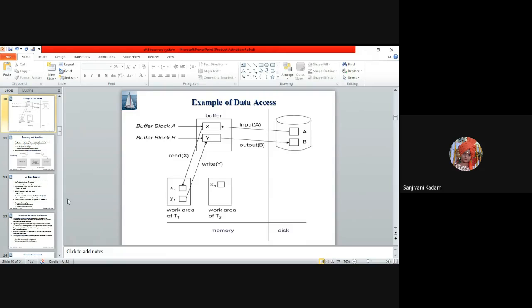So we are starting our class after almost 3 to 4 weeks. So let us revise what we have studied. Right now we are in the last chapter of the syllabus, that is the recovery system. Previously, the sixth chapter was regarding transactions, the seventh chapter was regarding concurrency control, and the last one is the recovery